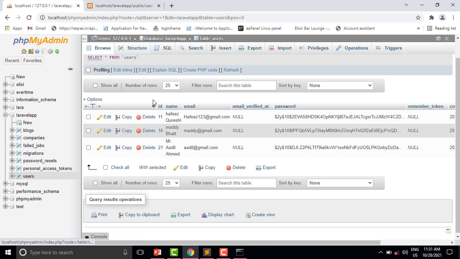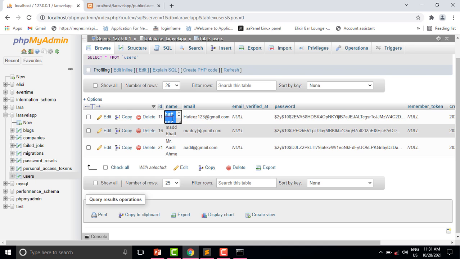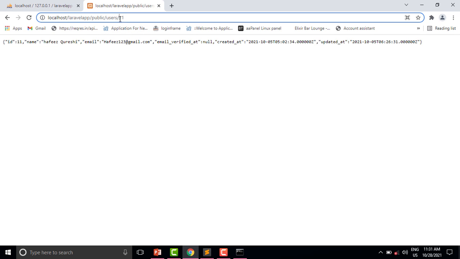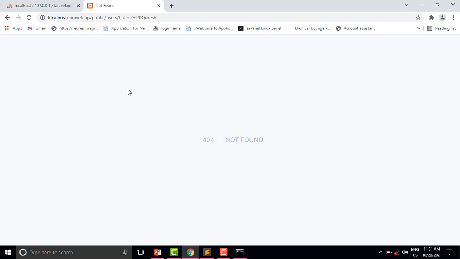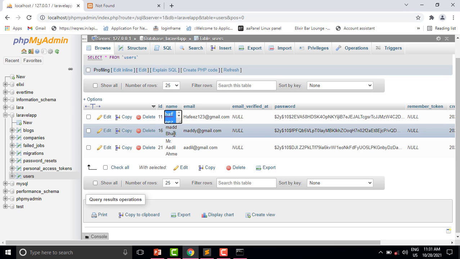Suppose we want to fetch the user which has this name. Copy this name. If we pass this name here, so let us check. Now you can see it is unable to find the user which has this name.